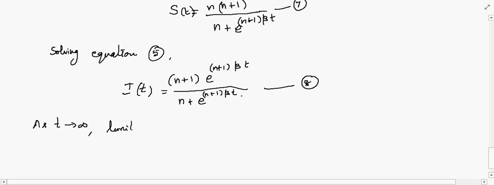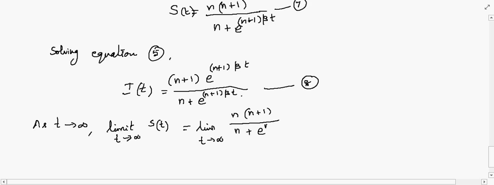So limit t tends to infinity of S(t) is equal to limit t tends to infinity of n(n+1) / (n + e^((n+1)βt)). Okay, as t tends to infinity,